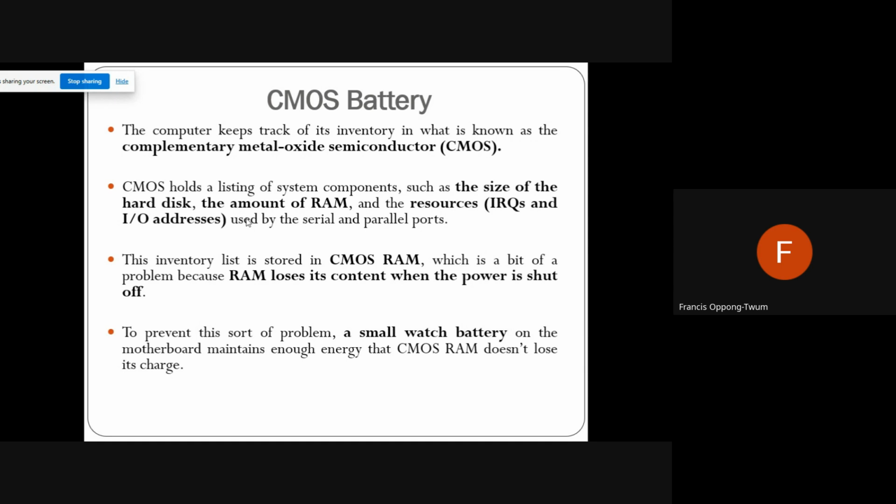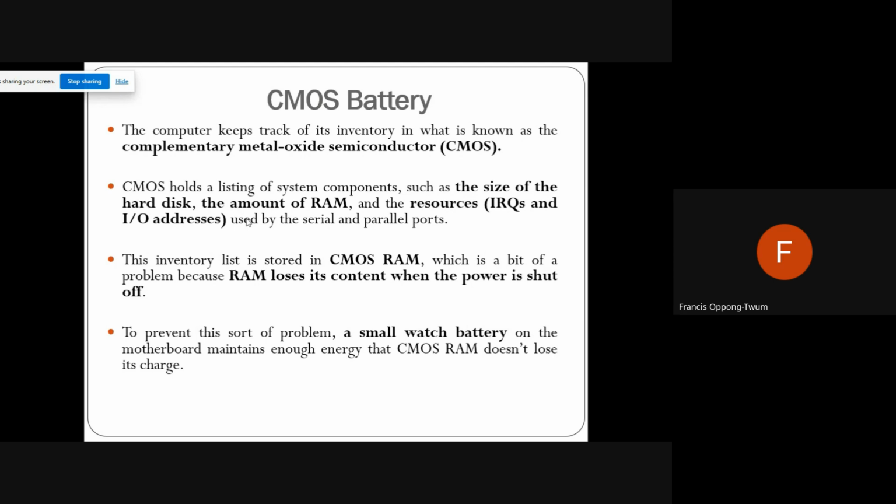And we have the CMOS battery. The computer keeps track of an inventory, and that inventory is known as the CMOS, whose full meaning is complementary metal oxide semiconductor. The CMOS holds a listing of the system components, such as the size of the hard disk, the amount of RAM, and the resources. This inventory list is stored in what we call the CMOS RAM,